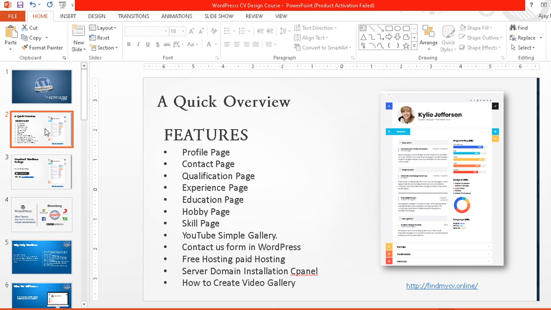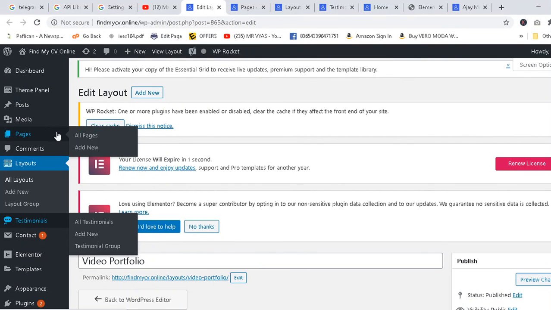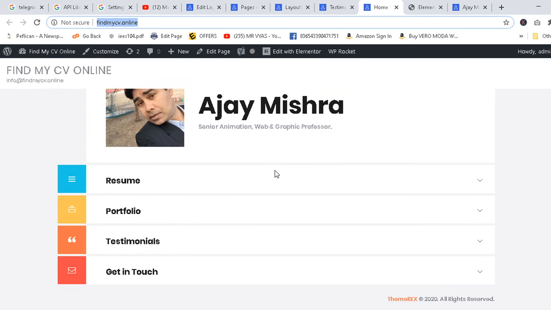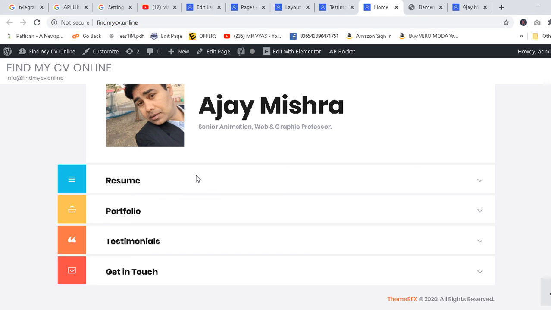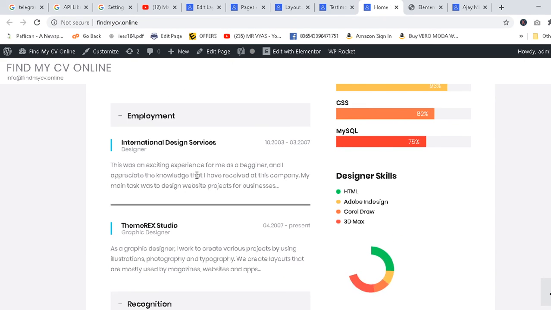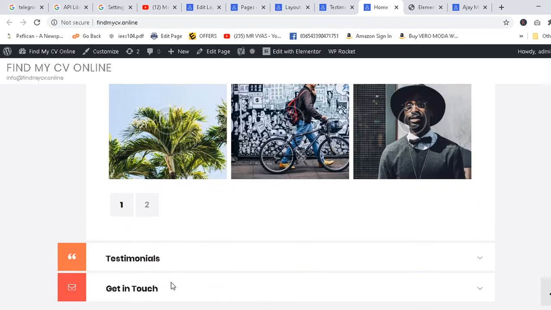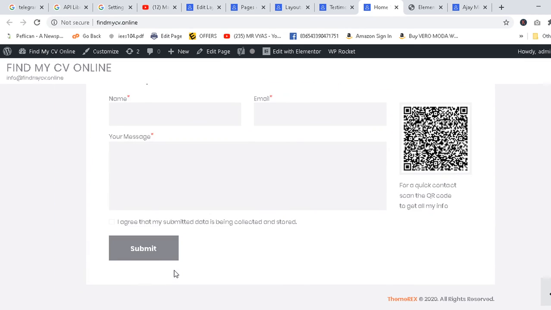And after making this CV, you can send it, copy paste this URL, to anybody, and they can find your profile. And if your profile matches their requirement, they will contact you using this contact form. So everything is